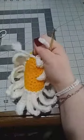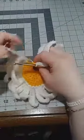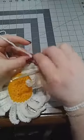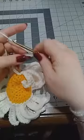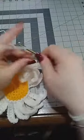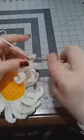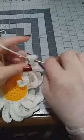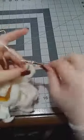Okay, so let's say you went all the way around, and you are on your last petal. Okay, so you're going to chain 12 again, 1, 2, 3, 4, 5, 6, 7, 8, 9, 10, 11, and 12, and then second chain from the hook to single crochet and half double crochet, then double crochet 6 times, 1 in each of 6 spaces, 2, 3, 4, 5,